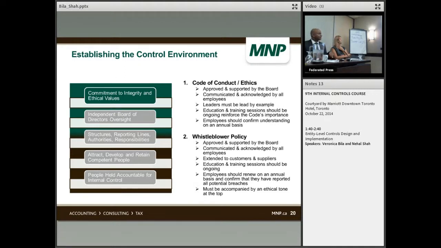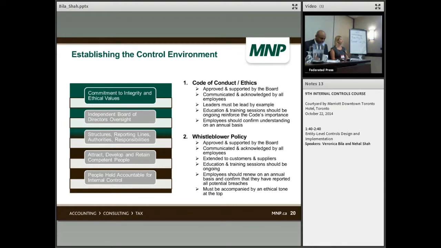So even though this could be 10 things that you may want to see within your organization, it may not necessarily be appropriate. So just keep that in mind as we go through them. Under COSO 2013, I mentioned that the left side are the 5 principles of the control environment, and that's where we'll focus.